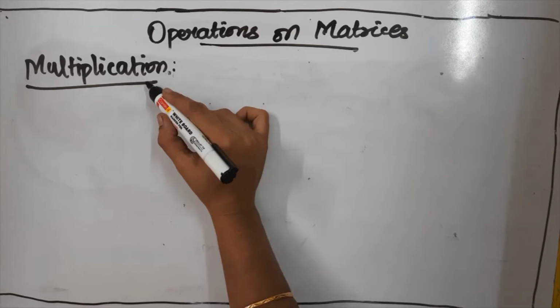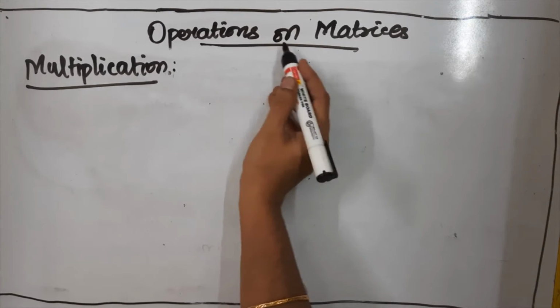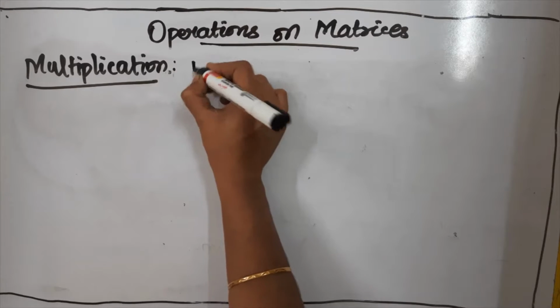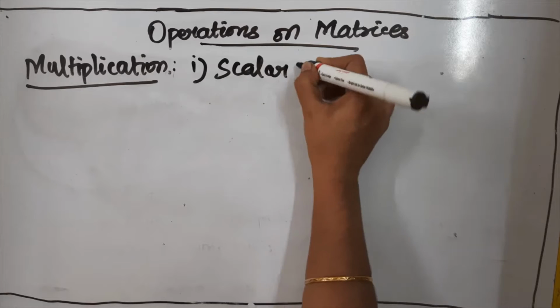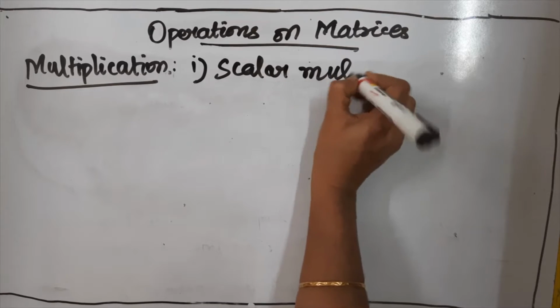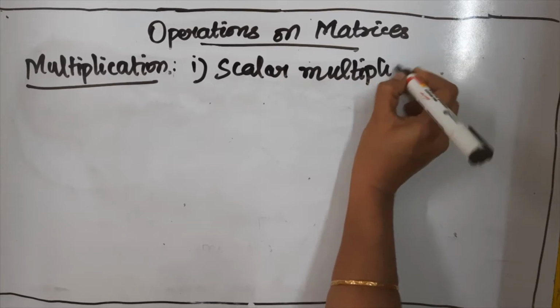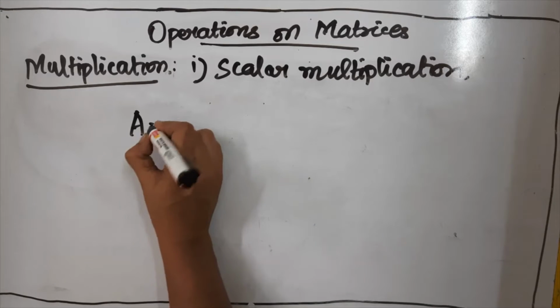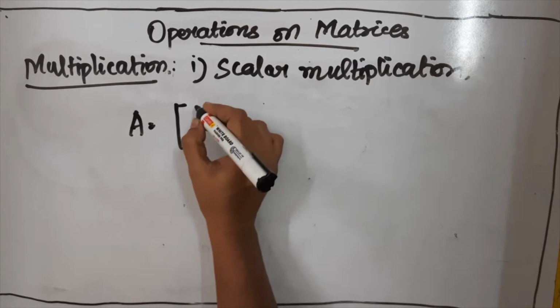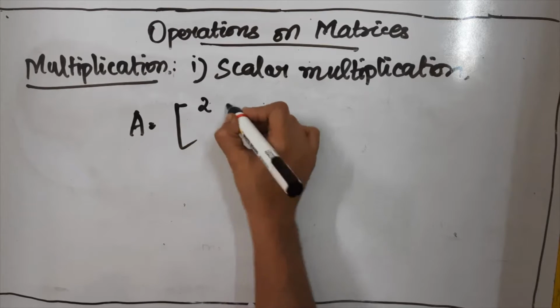In this video we are going to see the multiplication on matrices. First in that we have scalar multiplication. Scalar multiplication in the sense, when we have a matrix, say A, and A is 2, 4, 3, 2,